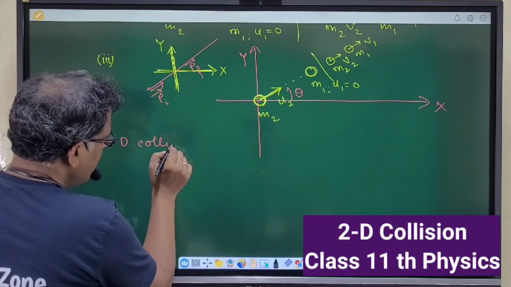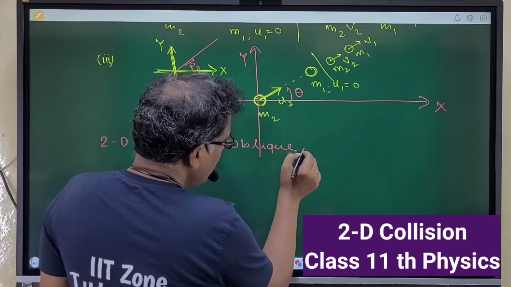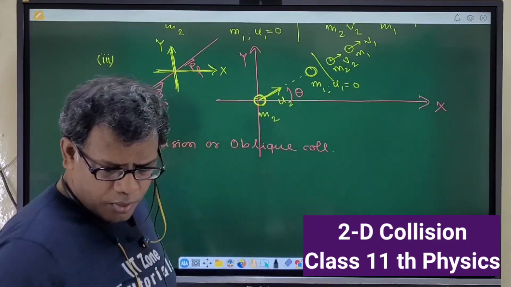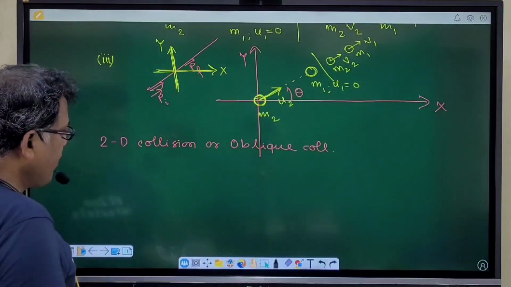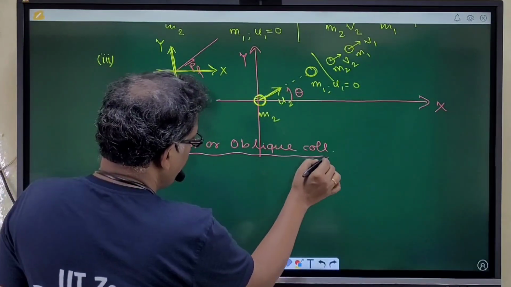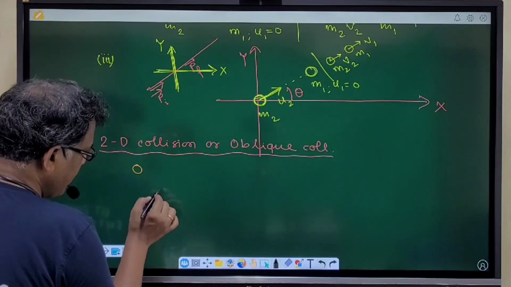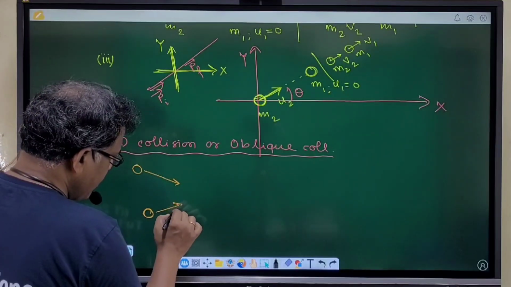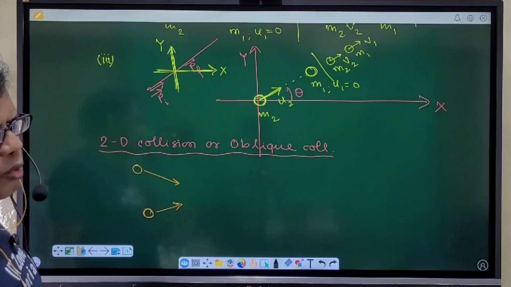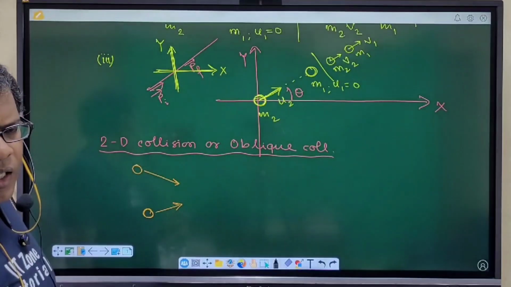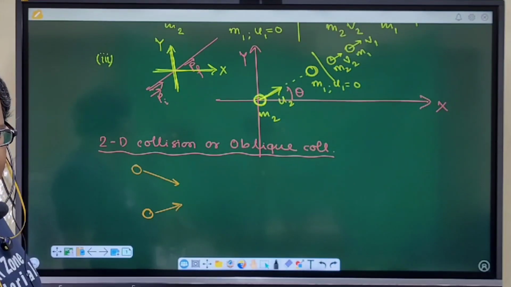2D collision or oblique collision. If I now consider 2D collision or oblique collision, see, if I take two point objects, for example, one is moving this way, one is moving that way. It is a two-dimensional collision, which means the momentum will be discussed for the system of particles colliding